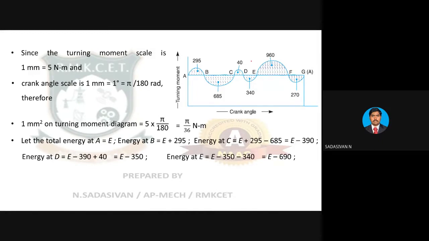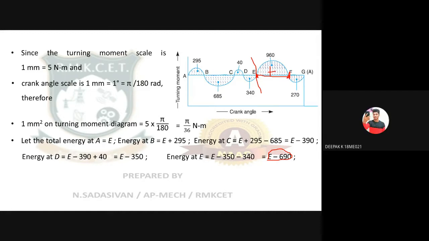I don't get your point. At which point? At point F. At point F, what is the value of point E? Look into the previous case. I have solved for E. It is E minus 690 at point E. Now I am going to add 960 to that answer because you have this much positive value. To this point, add 960, and you will get this point.